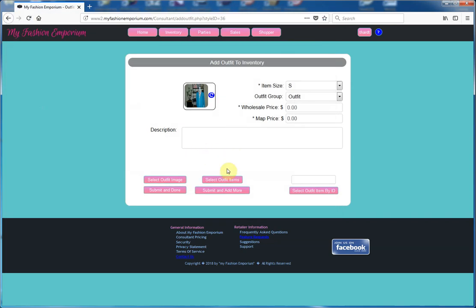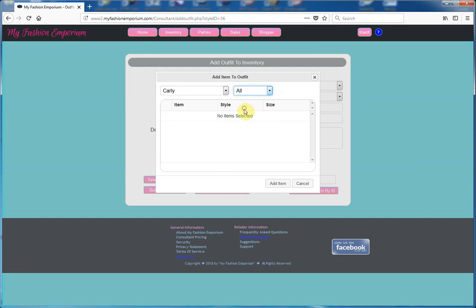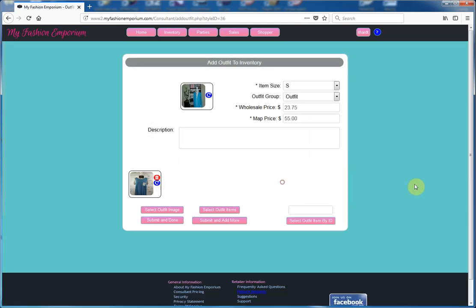And then what you're going to do is select the outfit items, and those are the items that make up the outfit. So you can select an item here. And what this will do is take these items out of your inventory, because now it's part of this outfit. That way nobody can grab this item away from this outfit. And then once you've added all your items together, you can do a submit and done,